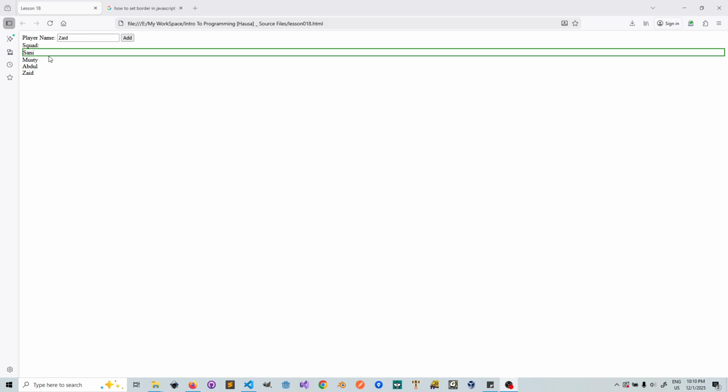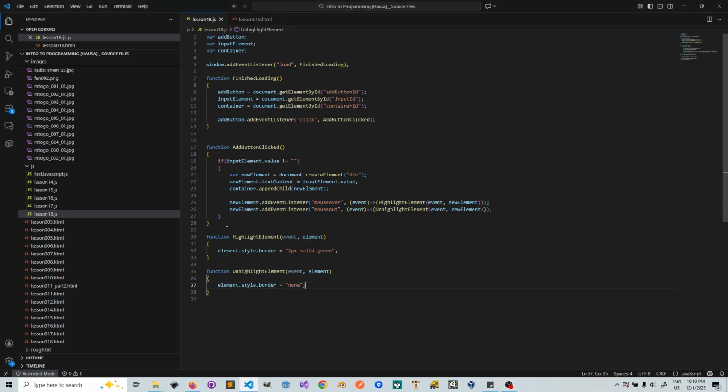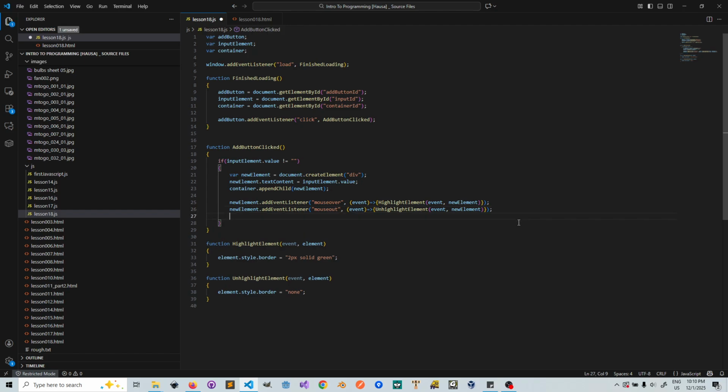names when the coach is selecting. Okay, sorry, when you're highlighting, we can highlight. The next thing is to select. So in order to do that, we will go back to the same thing. We'll add a new element